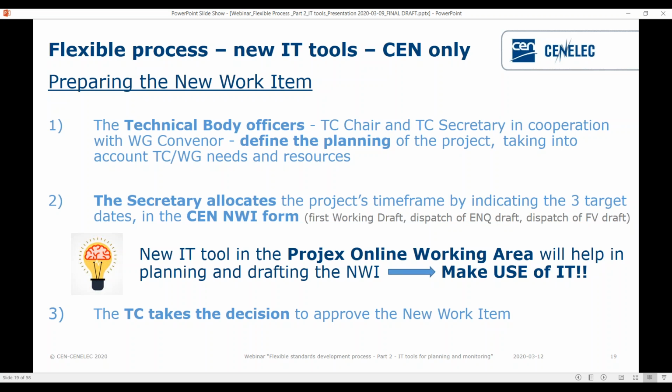Then it's up to the secretary to allocate the project timeframe by indicating the duration and the 3 target dates in the CEN new work item form. So for the first working draft, the dispatch of the inquiry draft, and the dispatch of the formal vote draft. What is important to know at this stage with the introduction of this new IT tool is that we would like to invite you within CCMC not to start with filling the CEN new work item form, but to start with the project online working area,